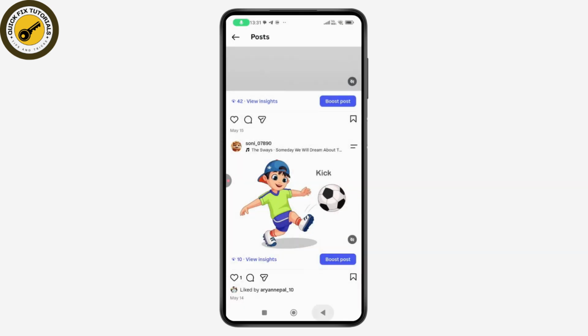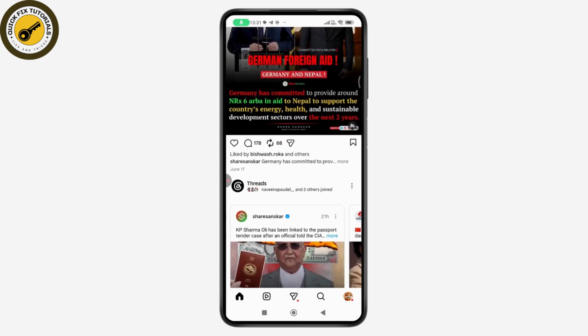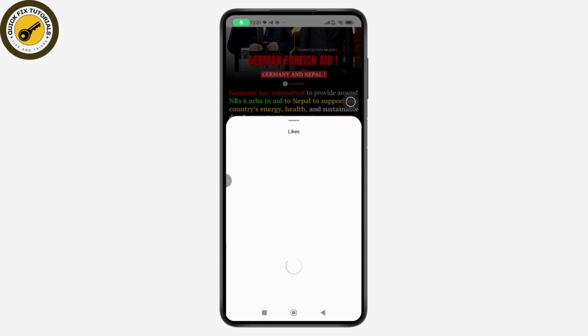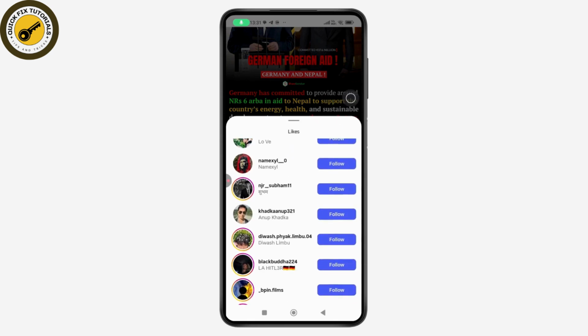If you want to go to some other person's post, then you can do that as well. Like here, it says liked by a person's username and others. So you need to tap on others and you will have the whole list. So these are the persons who liked a post